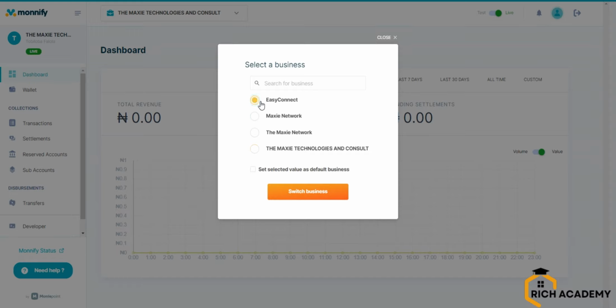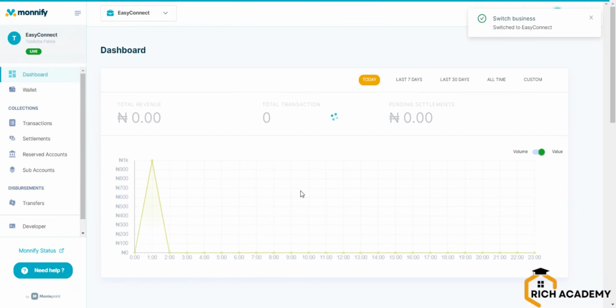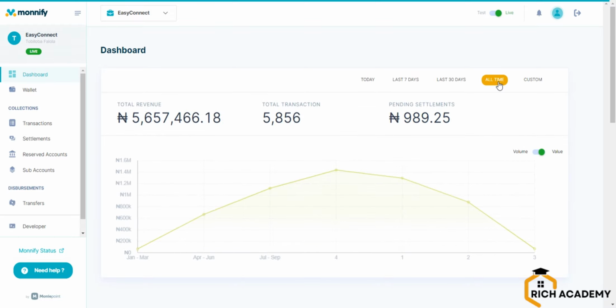So by that, you don't need a CAC to create a business name account, because if you walk into any local bank, they're going to request CAC from you before you can create a business account. But this is just a better way, a quick and fast way that you can bypass the bank limitation of having to register for CAC. You can see on my account the transactions I've made. You can see it. So that is just that, but